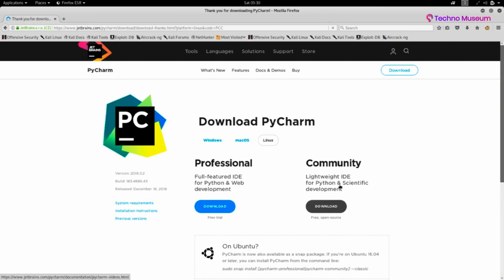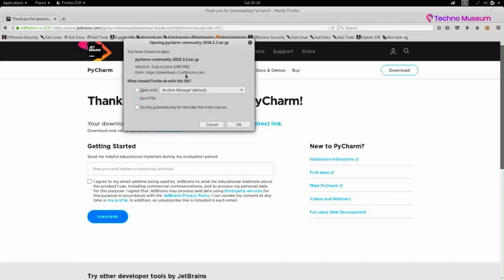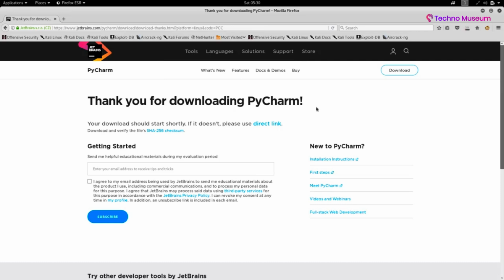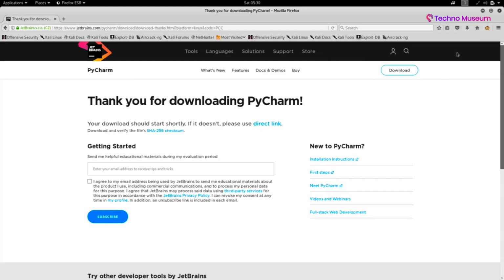So just click on download in here, and it will take you to a web page in which you can find the download link. It will automatically start the download process. You have to say save file and click on OK, and it will just start downloading in your downloads folder. And you can reach the downloads folder from here or from the file manager. I already downloaded this. In order not to make you wait, I suggest you pause the video and come back